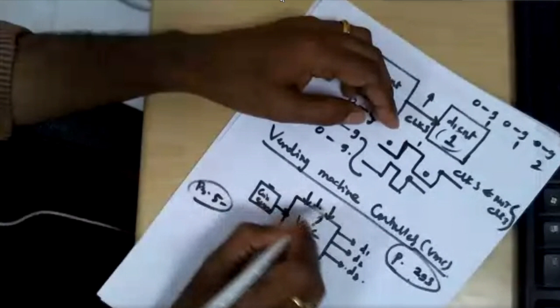So all those things are taken care of by the vending machine controller. The vending machine controller is the heart now. Understand? So there will be so many states now. Initial state, then you go here, then you come here, go there, like this. So finally it will come to one state. From here, drink will be delivered, then it will come back into this state now. So this is the overall idea of the vending machine controller.